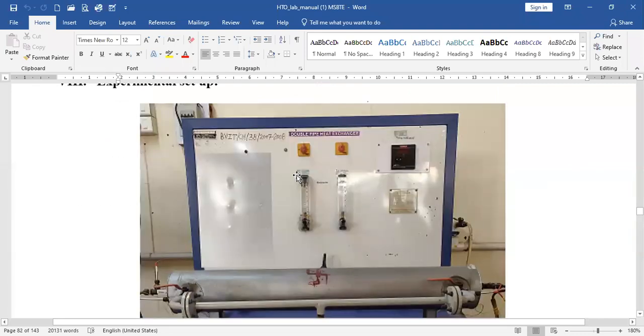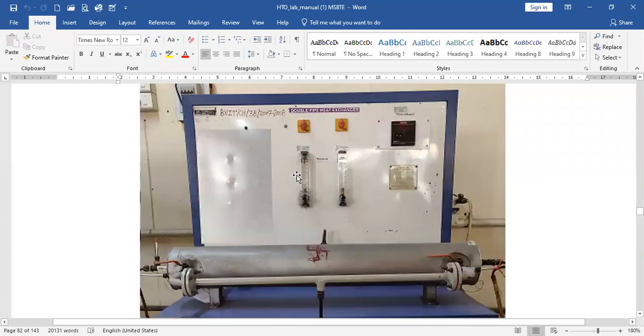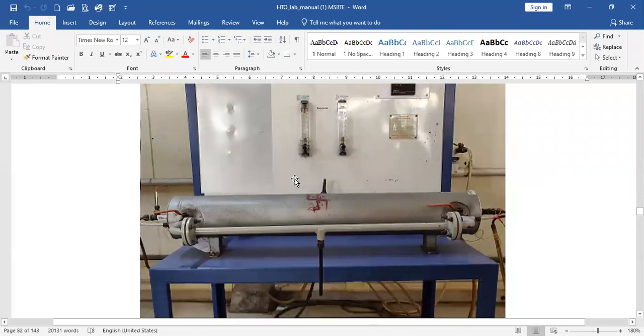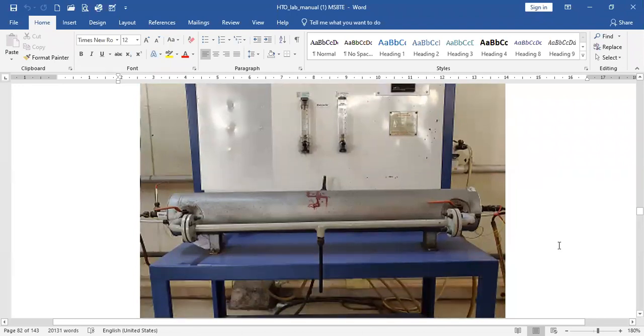Now you can observe this experimental setup. The experimental setup may be different in different institutes or colleges. From this setup, you can observe that this is the double pipe heat exchanger setup, and here the insulations are provided for these fluids. There is an arrangement of different valves to adjust the co-current and counter current flow, because in